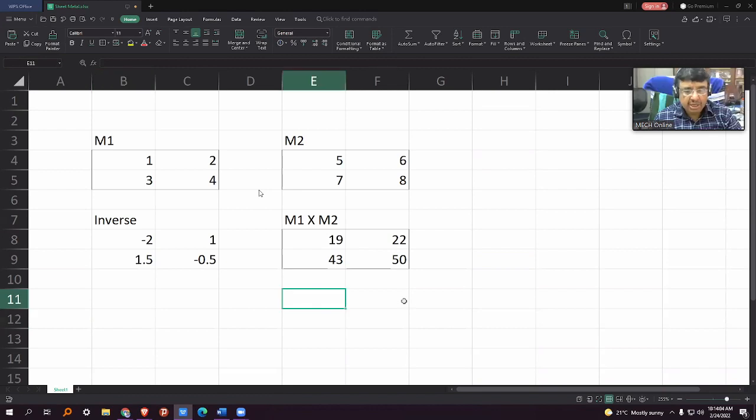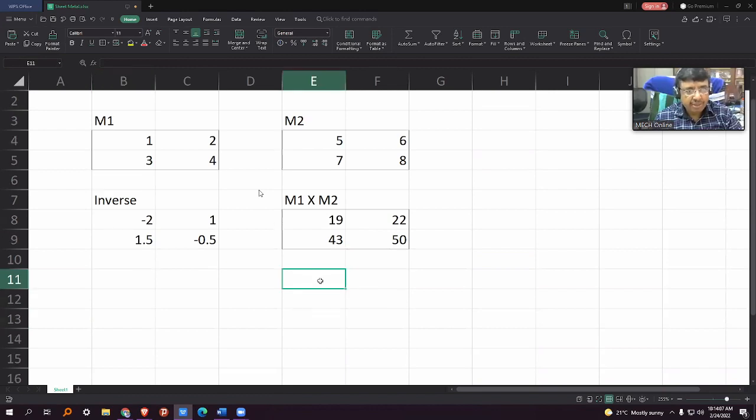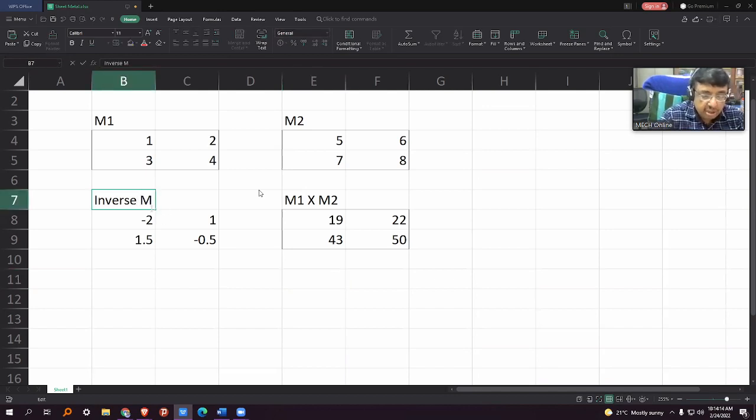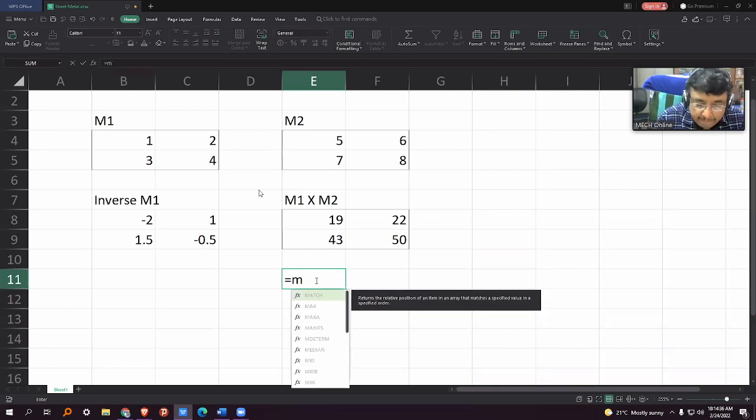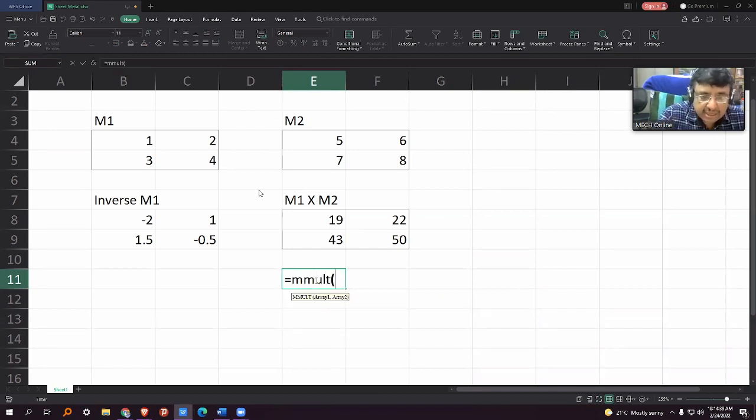Now, I will go for this multiplication of M1 into its inverse. I will write M1 inverse and then M1. Very good. Who has done that in one go? Great. Thanks. So he has explored that. So then multiply that M1 into inverse. I will do it in my way, then I will learn from you. So I'm typing that MMULT and then going for